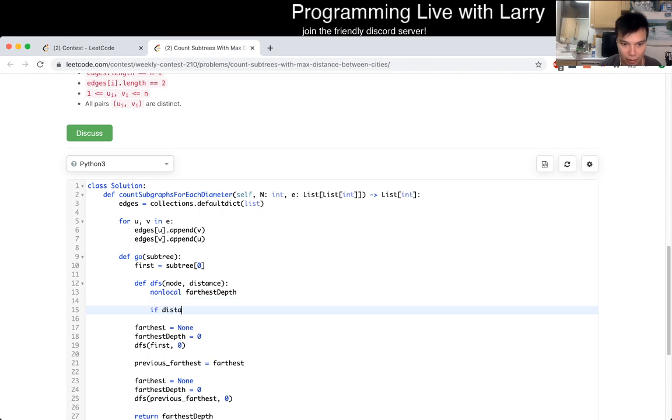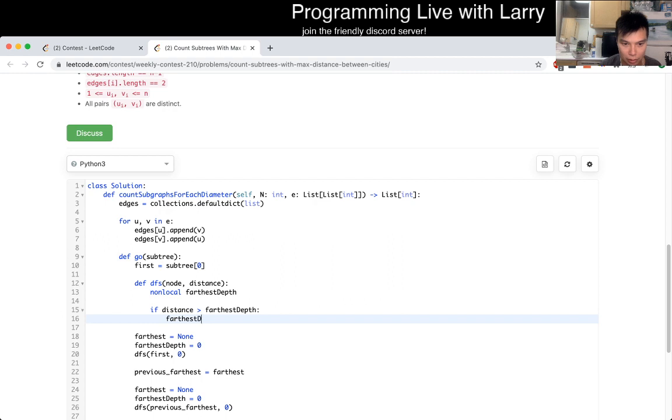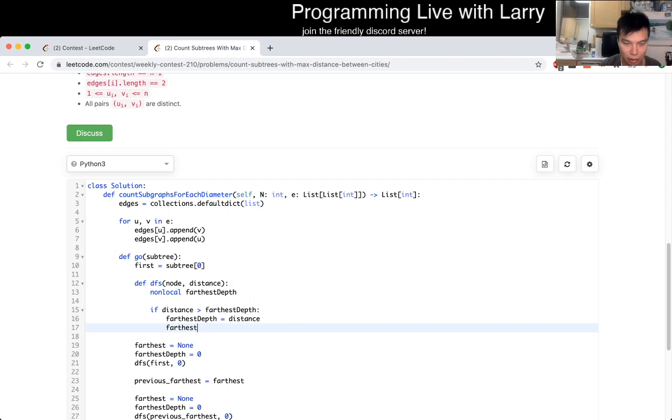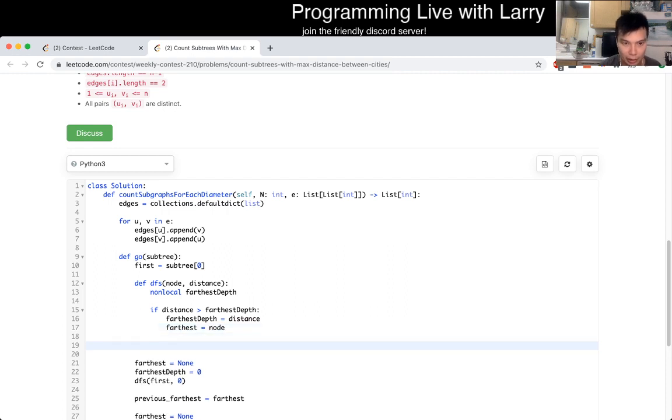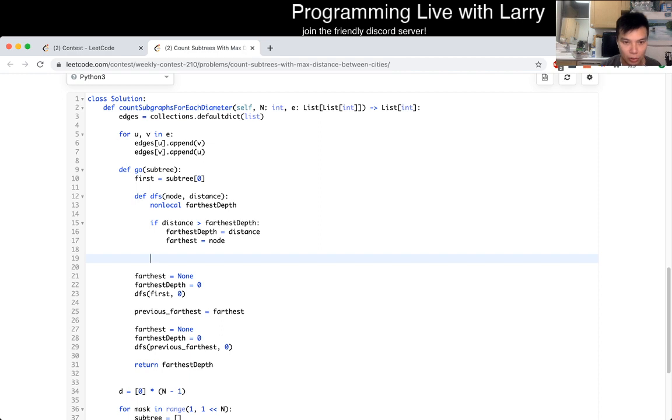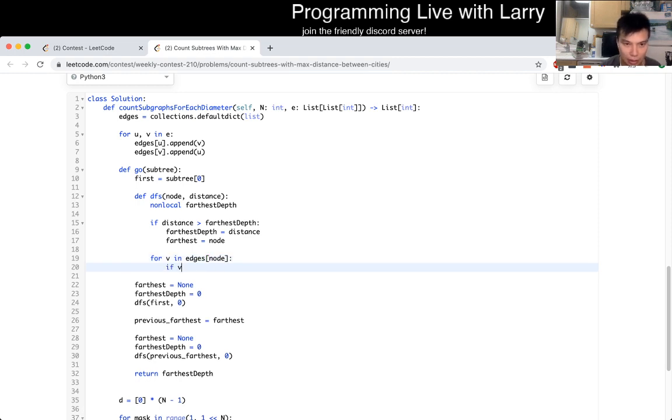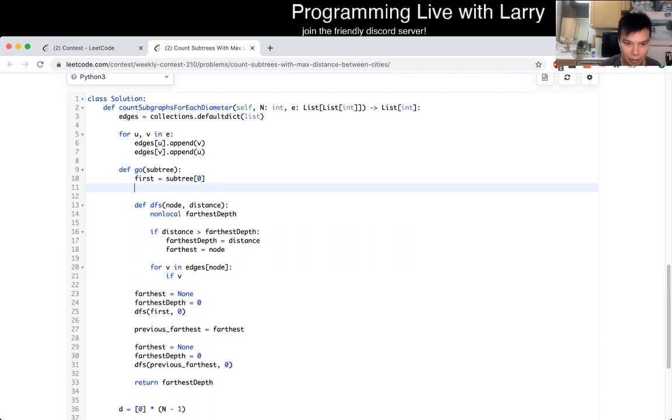First step equals distance. Furthest is equal to node. Okay. Otherwise, let's go. We wanted to first search for edges of the node. Did I do anything with the subtree? Change it back to set. If v is in s,